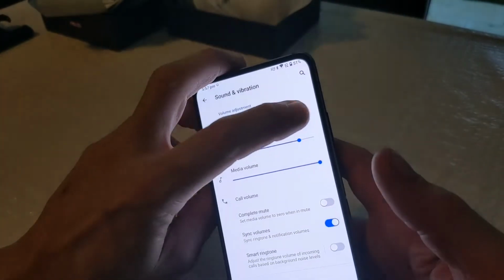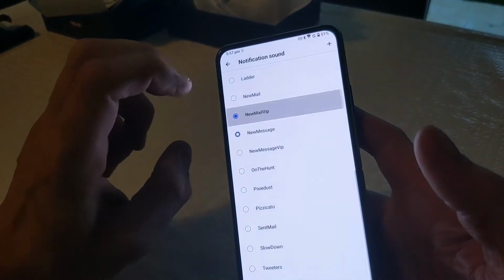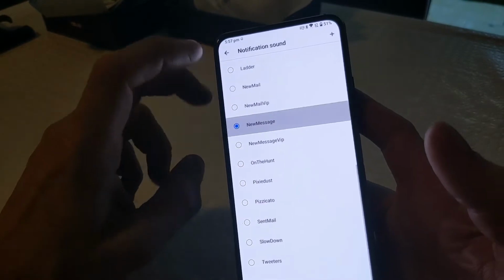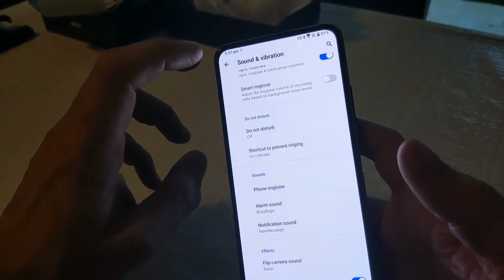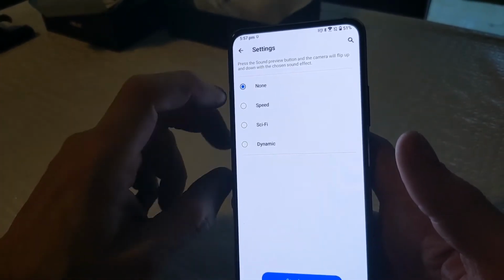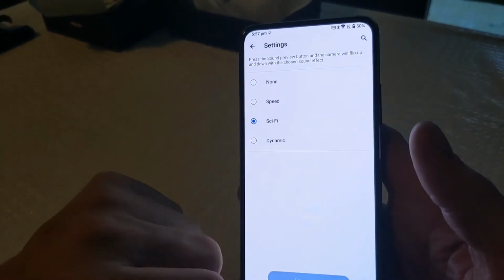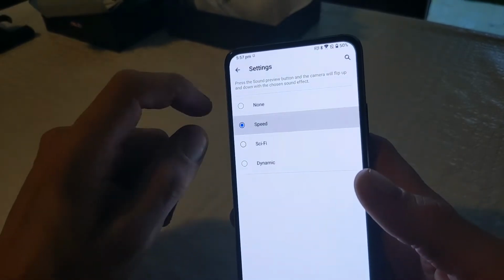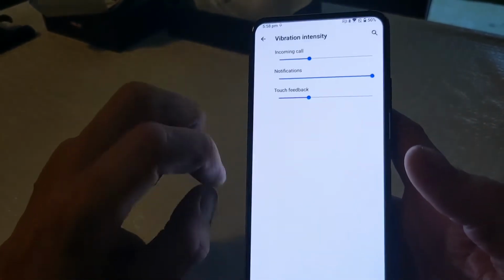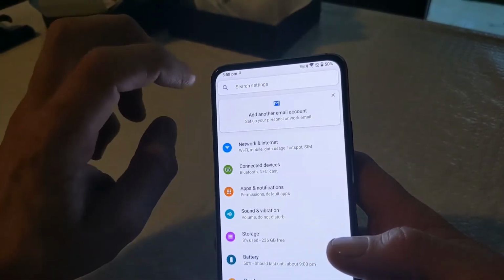So it's sound and vibration, we'll put this up to max. And let's hear the speakers. They sound pretty decent. So for your flip camera, which we're coming on to, has no sound, so we'll leave it on that. And down here you've got vibration intensity, so you've got your incoming call notifications and touch feedback on the vibration intensity. So the camera,